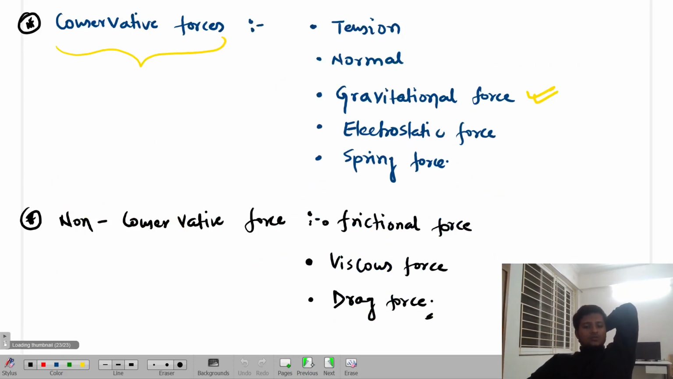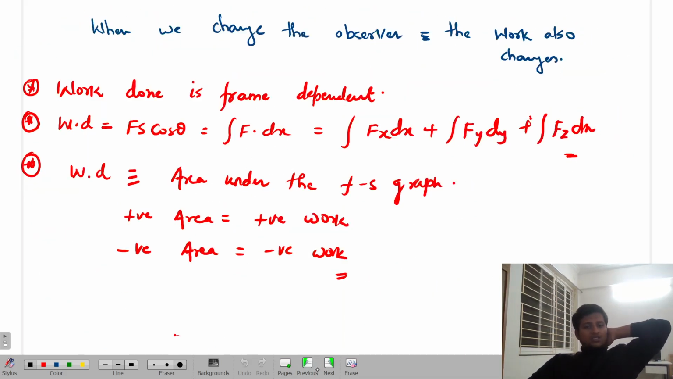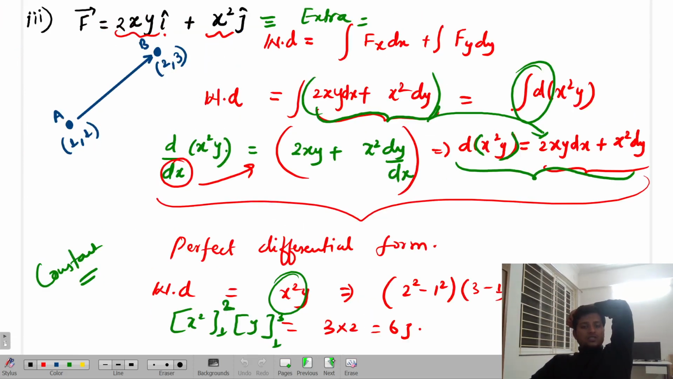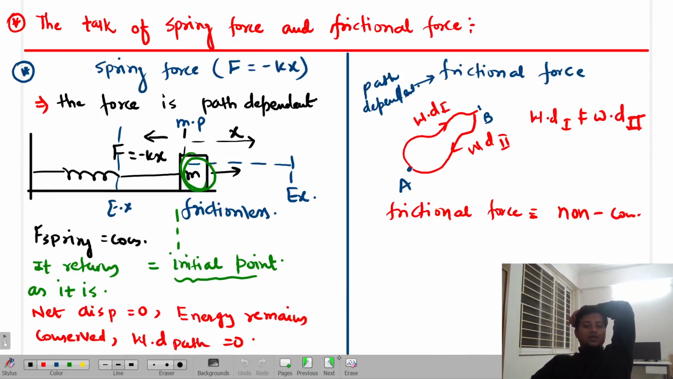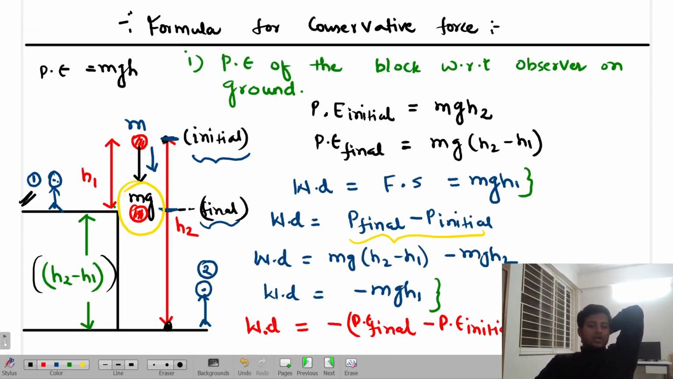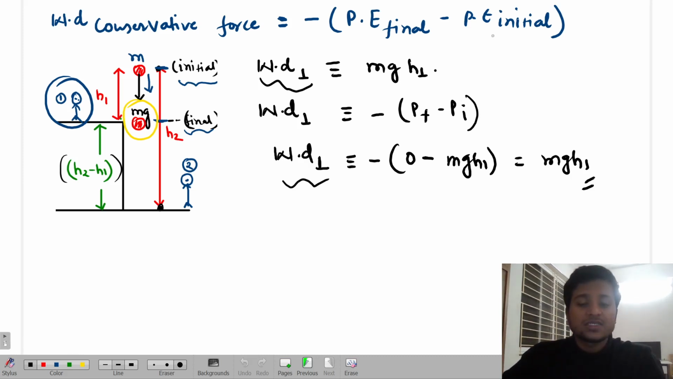So what is the conclusion? That day, when we talked about the work done, we saw that when we change the frame of reference, we have different work done. Now here, when I consider a conservative force, the work done has become independent of observer. Look carefully: the work done for the first observer is the same as for my ground observer. So the point is that we consider potential energy final minus initial. If I talk about respective potential energy, it is definitely dependent upon observers, but the change in potential energy,